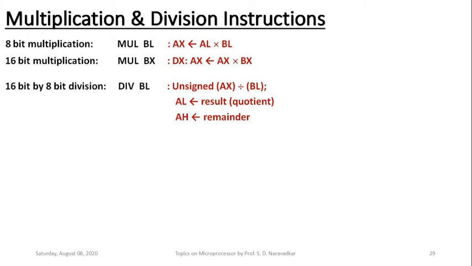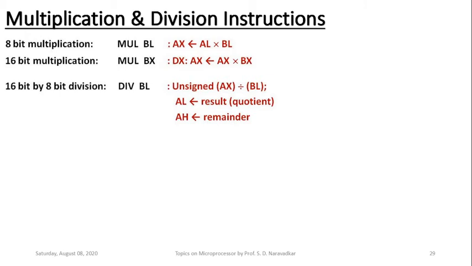Next is about division. The possible division is 16-bit divided by 8-bit. It clearly means 16-bit in the numerator, 8-bit in the denominator. Now how can that instruction be written here? It can be written like DIV, division, BL. It means that the value at the denominator we specify in the form of the BL register in this case. So, divided by BL, it means some 16-bit contents are to be divided by the 8-bit contents of the BL register.